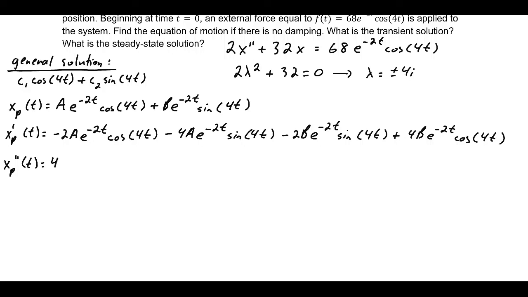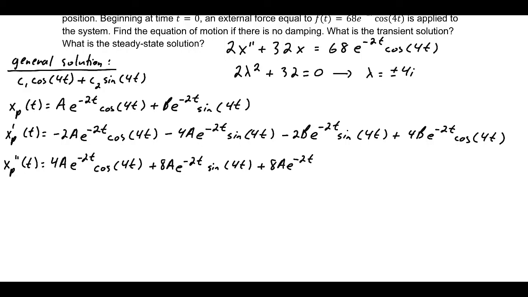is equal to 4a e^(-2t) times cosine(4t), plus 8a times e^(-2t) times sine(4t), plus 8a e^(-2t) sine(4t), minus 16a e^(-2t) cosine(4t),